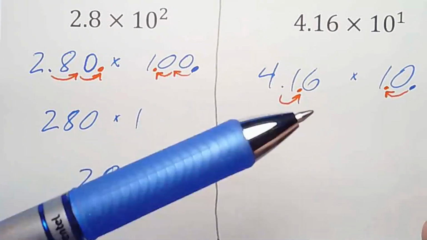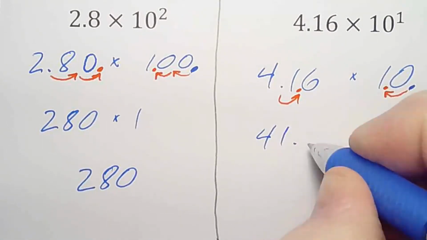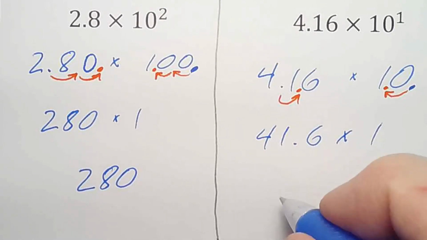Counterbalancing effects, I was able to do that. So this is now 41.6 times 1, but of course we wouldn't write it like that. We're going to say